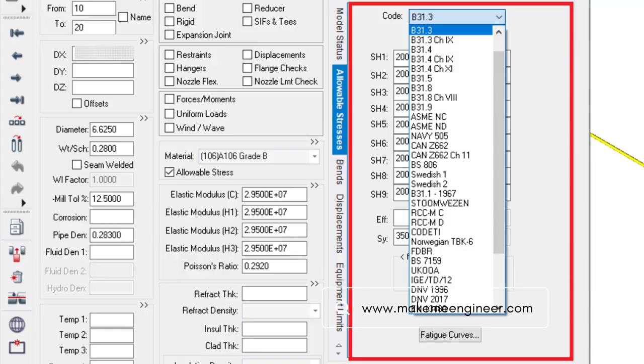Choosing the correct code ensures Caesar 2 uses the right stress equations, allowable limits, temperature derating factors, and SIF libraries. An incorrect code selection may result in underdesign or overdesign, which can be unsafe or unnecessarily expensive. Pro tip: always verify the piping code mentioned in your project's design basis, client specifications, or contract documents. And remember, once you set the code, you must stick to it throughout the entire stress system, unless you're explicitly